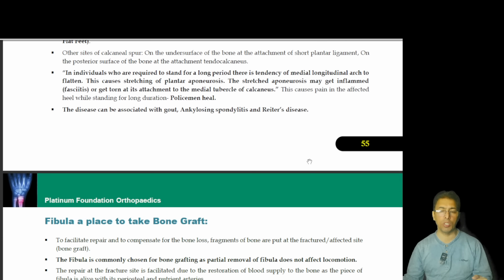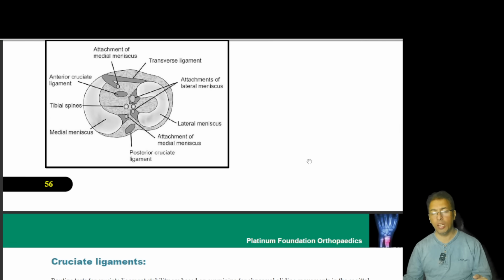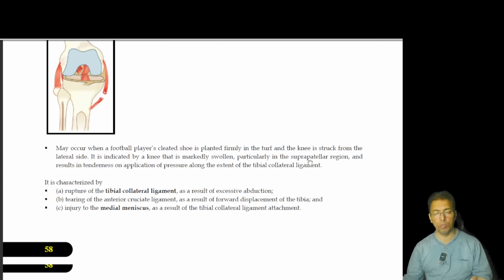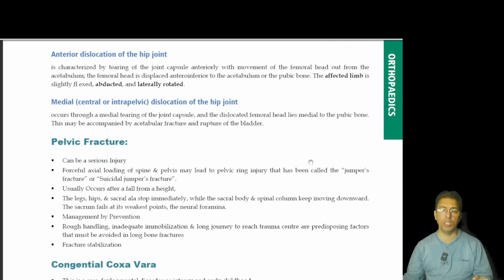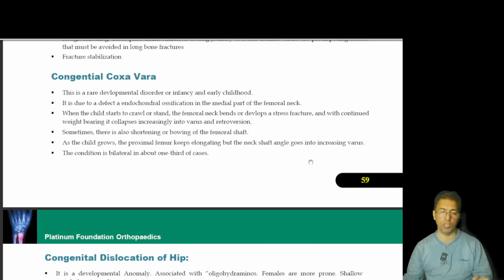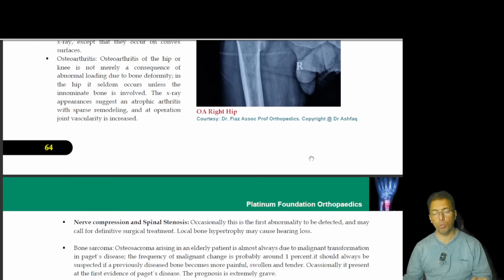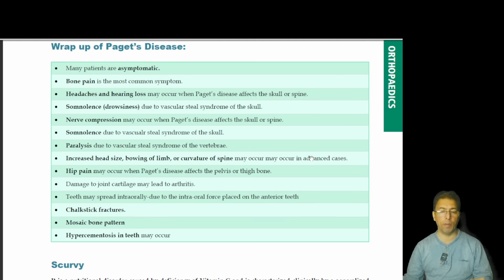And this is not a 1,000 pages book. It is just less than 200 pages. We have tried to condense it all into these 180 pages, so that you get an idea what orthopedics is about. It is highly concentrated, precise, and high yield. Just within 180 pages, you get an idea what orthopedics is about.